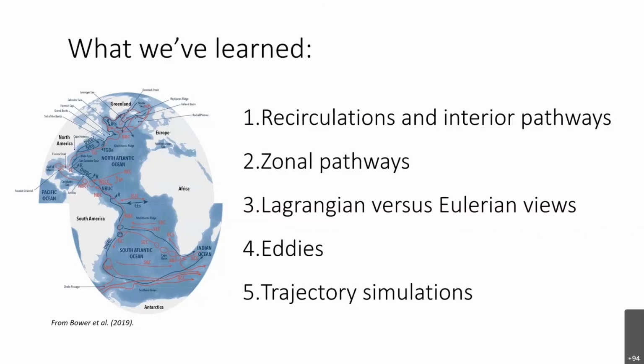Another major thing that these floats in particular show is the importance in some regions of coherent eddies, both near the surface, where we can also see these eddies with altimetry, such as Agulhas rings and North Brazil current rings, but also at depth where we cannot see them with satellites. There are several examples in the paper of where eddies are shown to be an important part of the AMOC.